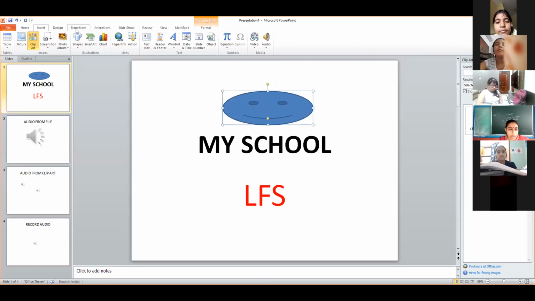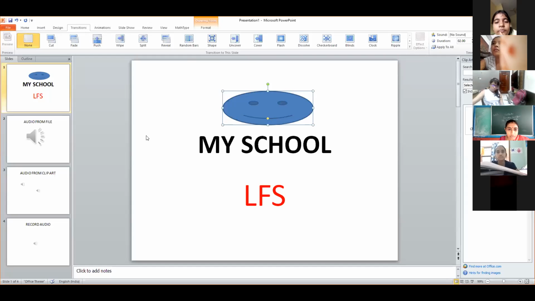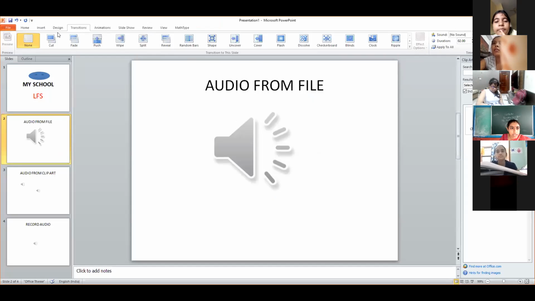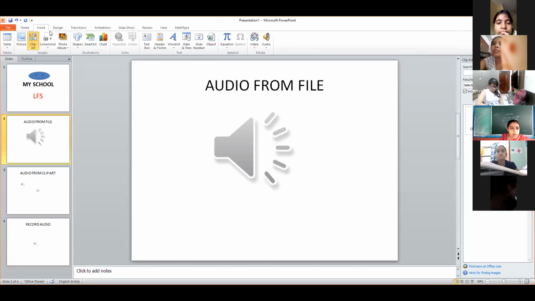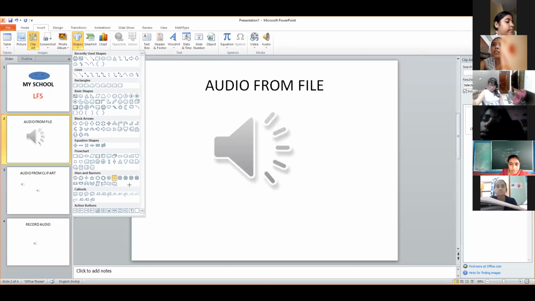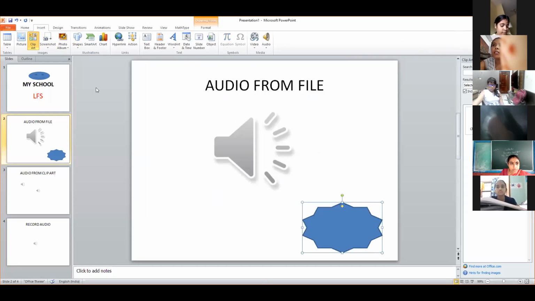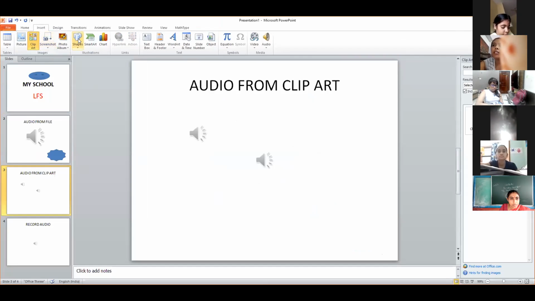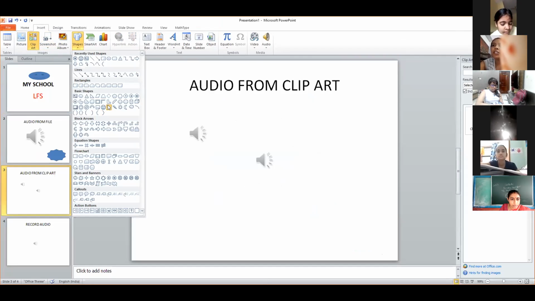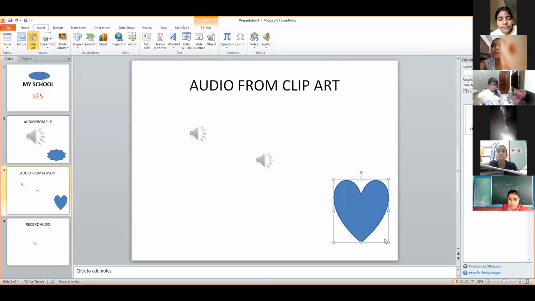So I want a transition from this slide to this slide. Transition is for this particular slide. Let's add something here so that it will be clear how slides are changing.